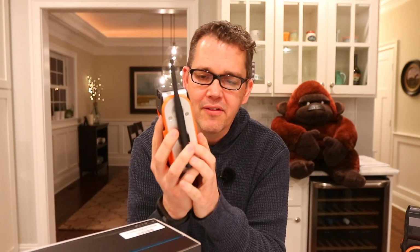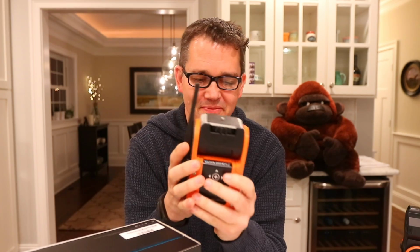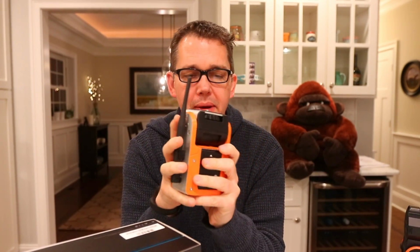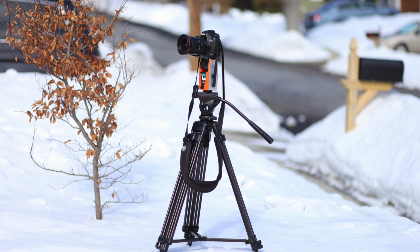Speaking of the previous model, this is the SoloShot 2. I've long been a frustrated user of this device. When it works, it's pretty good. However, configuring the 2 was nothing short of an exercise in frustration. By the time you got it working, whatever you were planning to film had long since flown south, or you simply just gave up in frustration. What was great about the 2 was that this model didn't come with the camera. You could put whatever camera you like on top,